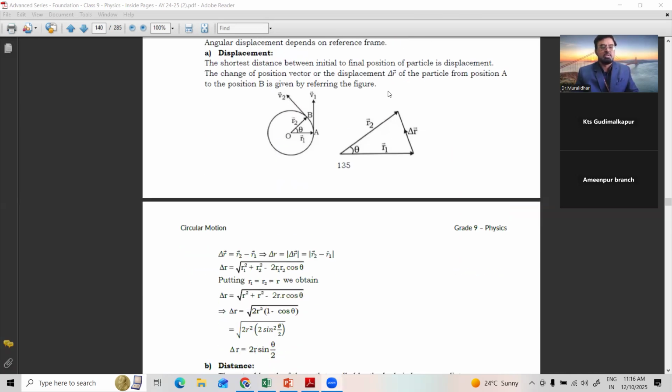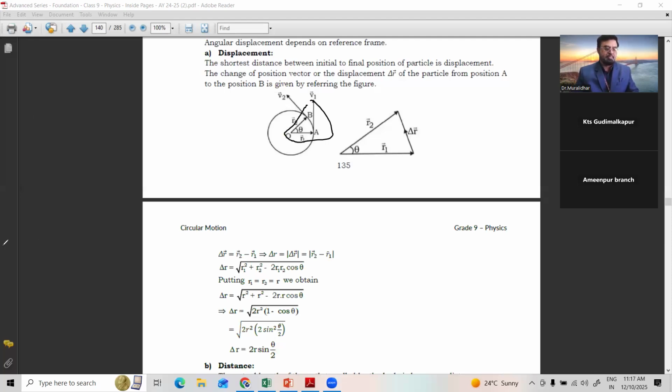So next comes displacement. Some important terms are given. Displacement is the shortest distance between the initial point and the final position of the particle. The change of position vector, or displacement of a particle from position A to B, is given by the referring figure. We have taken this same circular point, separated it out, and kept it here. From that you can calculate the formula for the